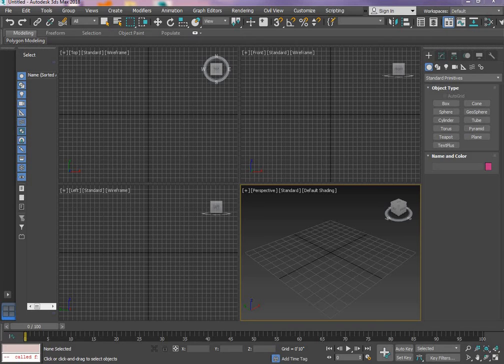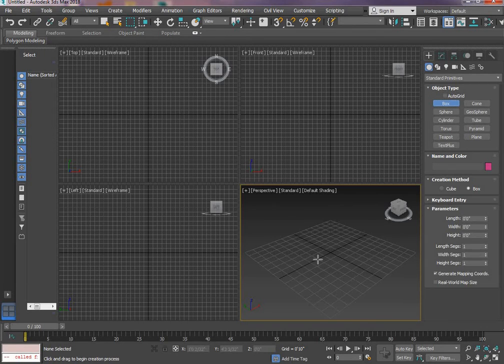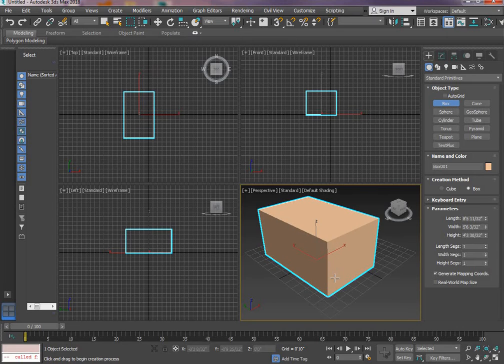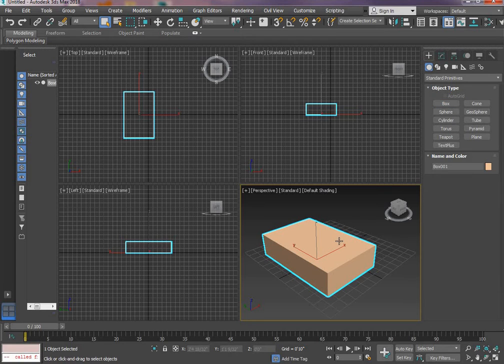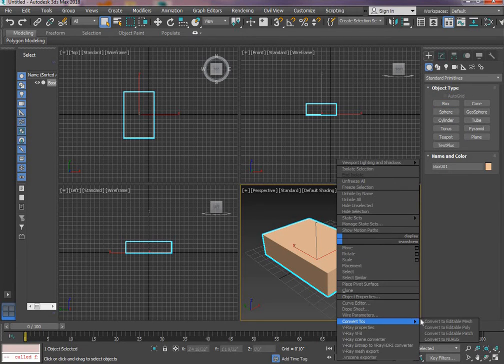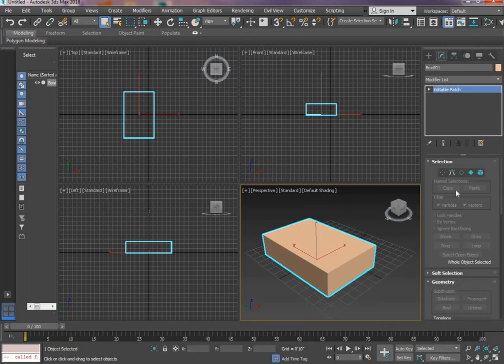In this video we'll discuss how to create the water effect in 3ds Max. That is, first we have to take one box. So segments will be 1, 1, 1, and convert it to editable poly, and using polygon